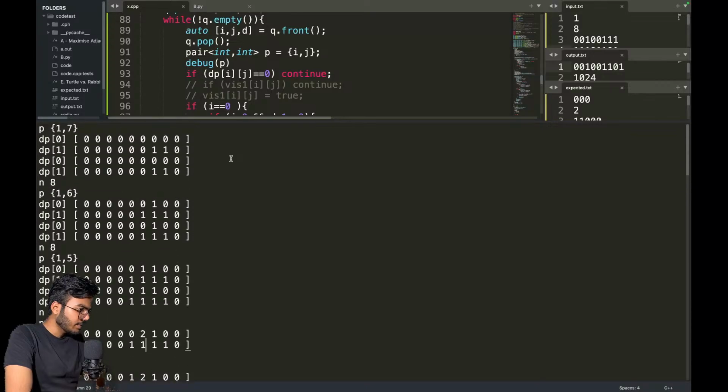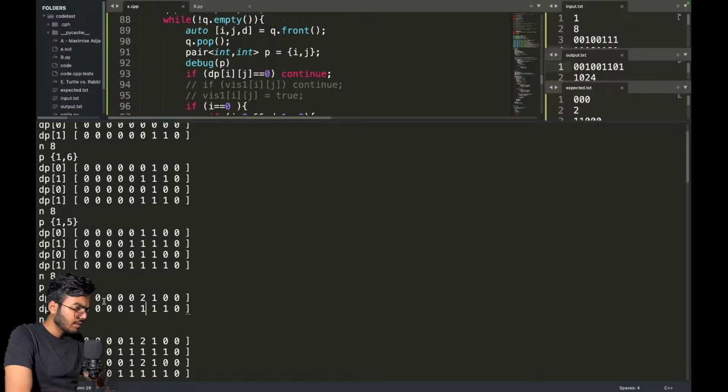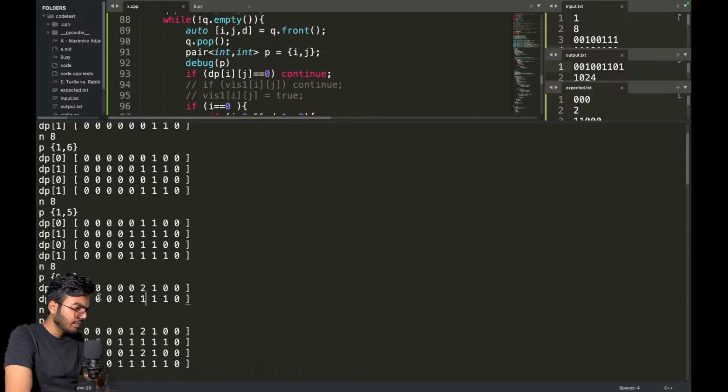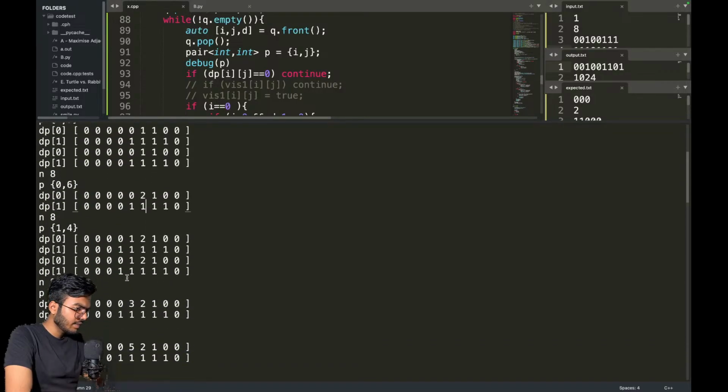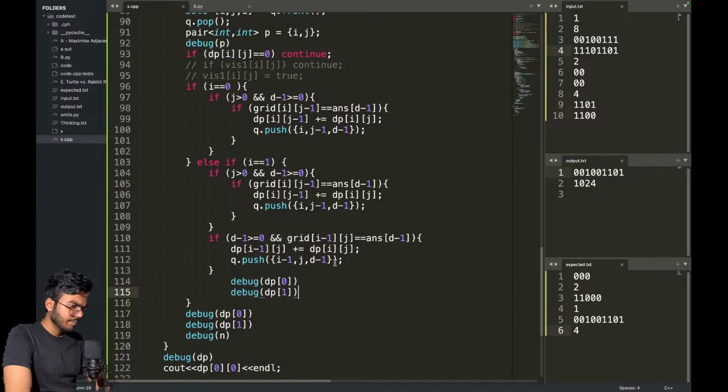So when I'm at 1, 7, 1, 6, 1, 5, when I'm at 1, 5, I'm at 1, 4, then the problem occurs. So when I'm at 1, 4, why did I do this? Why did I go left when I could not have gone left? And this is occurring when